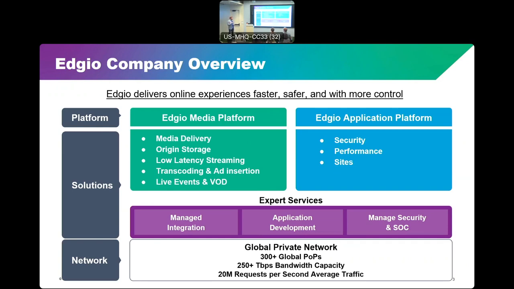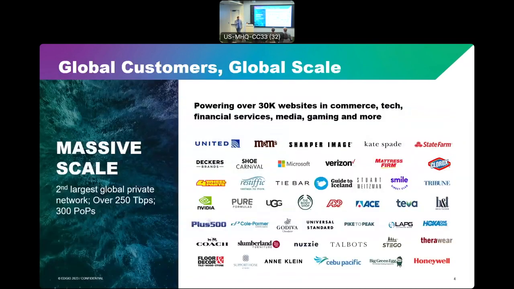So that's the team that I'm on. I work a lot with different companies, with web platforms, web apps, and help them get the most out of this kind of technology. And so being in expert services, my job is to work with projects, oversee projects with architects, engineers, and product managers. And so at Edgio, we've got a lot of large companies that we do work for. Many of these brands you probably recognize, United, Kate Spade, some others, but we can really help companies of any size, big to small. And this is a very useful service for almost any company size.